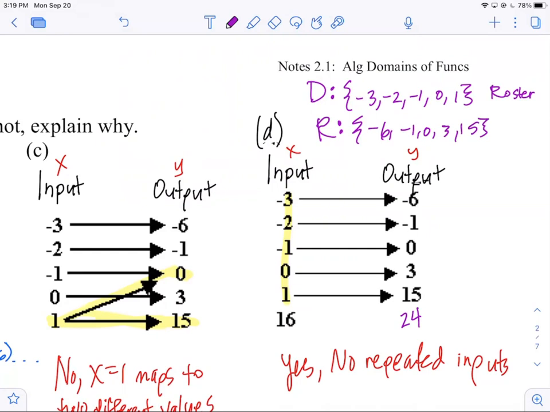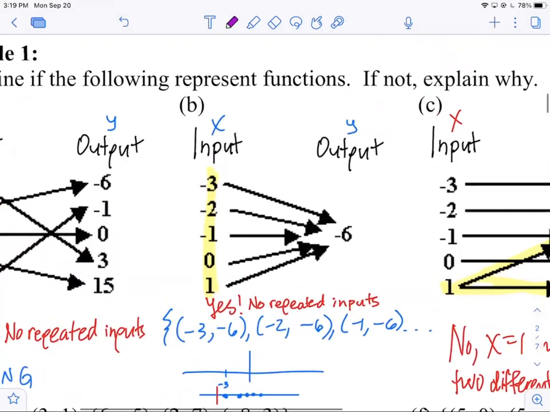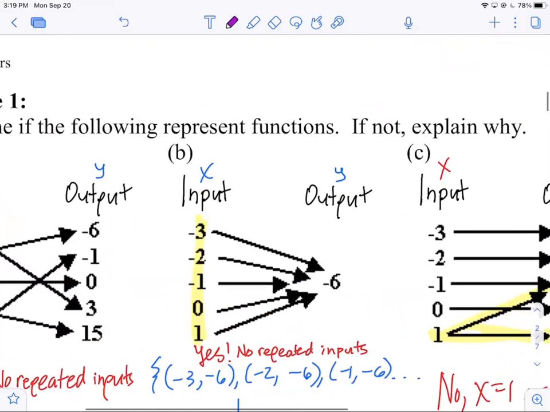So you can have elements, you can have things that are sitting out there that are not part of the input or the output set. So they're not in the domain or range. Okay. All right. Let's do one more here. Since B was a function, let's go ahead and list the domain and the range real quickly. The domain big D is the list of highlighted things: -3, -2, -1, 0, and 1. And then the range,